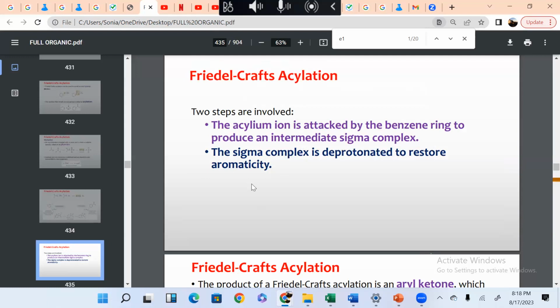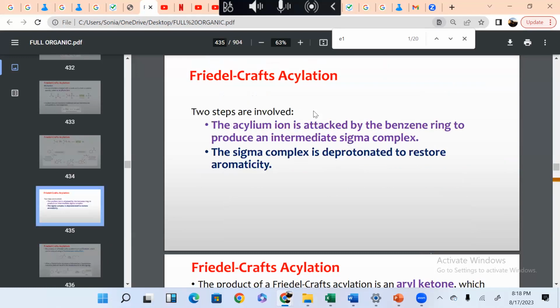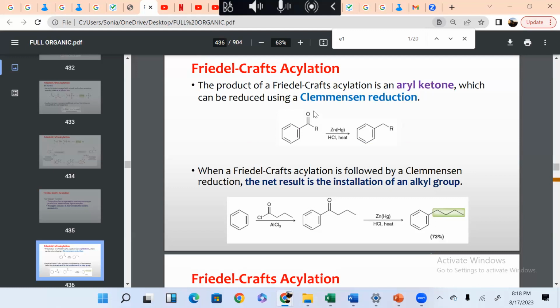So the product of acylation is an aryl ketone. What we are trying to end up with is an alkylated reactant, but the product of acylation is an aryl ketone, which can be reduced using a Clemmensen reduction. So this is how your product for Friedel-Crafts acylation looks like. It won't be an alkyl group. So now you can reduce it by a Clemmensen reduction